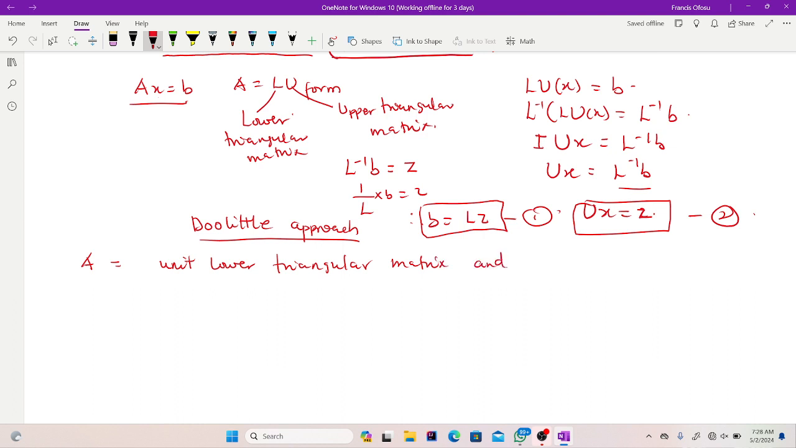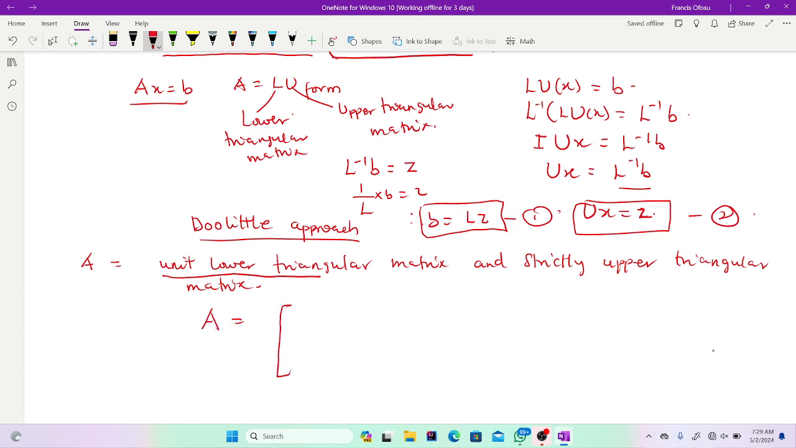and a strictly upper triangular matrix. So you just have to keep this in mind: a unit lower triangular matrix and a strictly upper triangular matrix. Therefore, the Doolittle approach says A will be equal to,